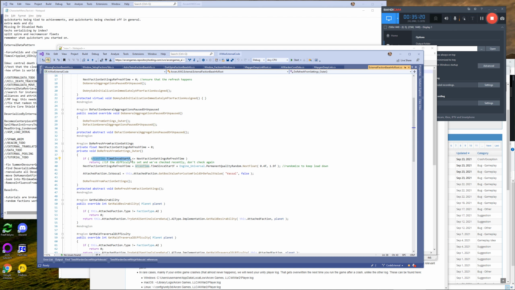This is our timekeeper, and this is our generalized random that is not simulation safe, and so this will wait between 400 milliseconds and 1.9 seconds. Why is it randomized? The reason is that there is an unknown amount of load coming from this, and if every faction were, let's say every faction, every half second, all the factions pulled their settings data,